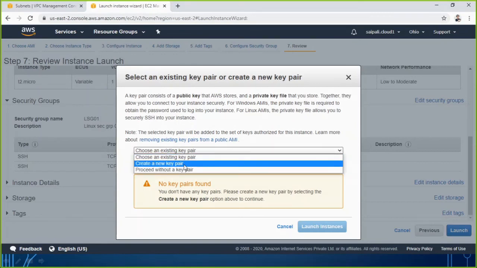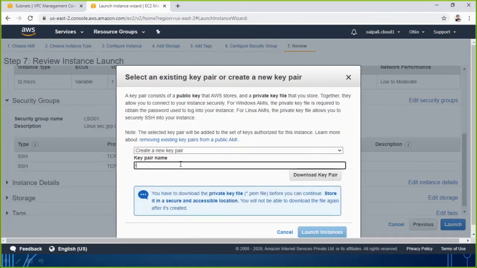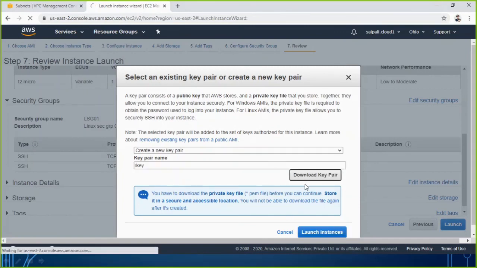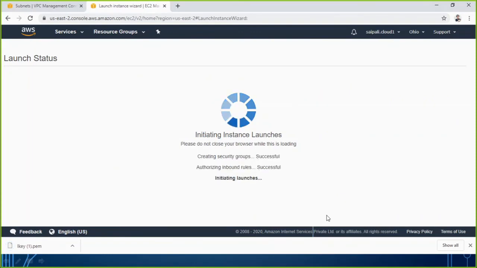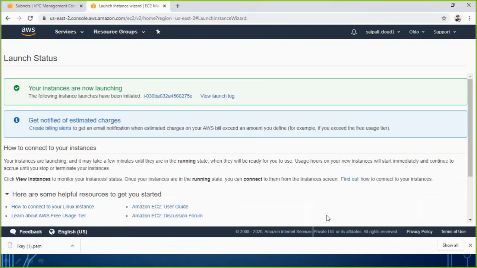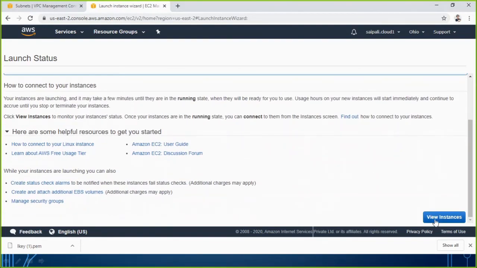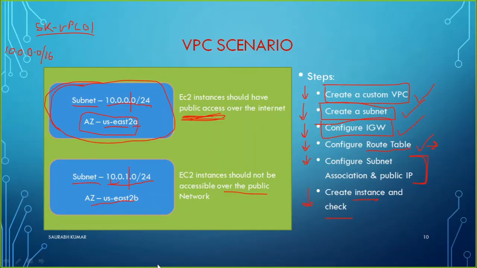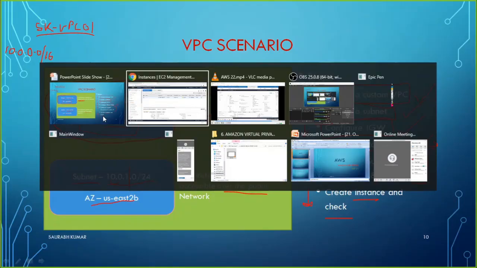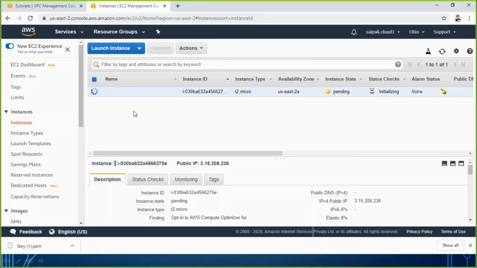It requires a key pair, L key, and now finally we are going to launch the instance. I hope when I was doing this step you noticed that the instance I am making right now is connected to this subnet, which is supposed to have access over the public network. So we will be testing it.